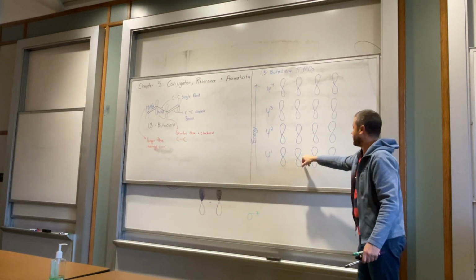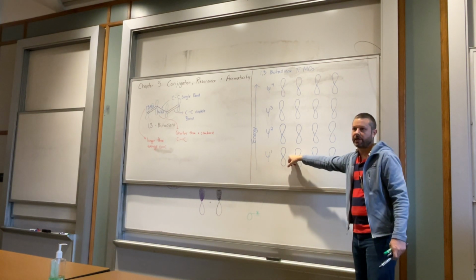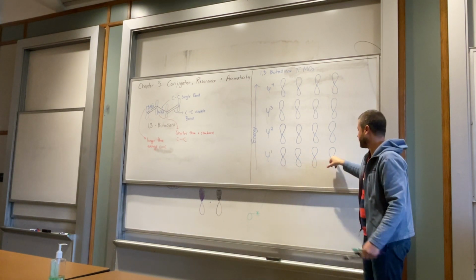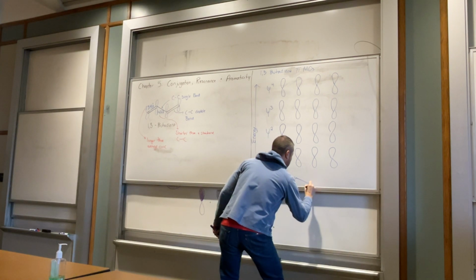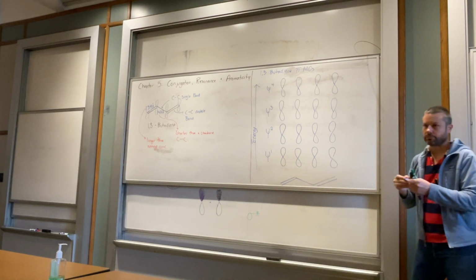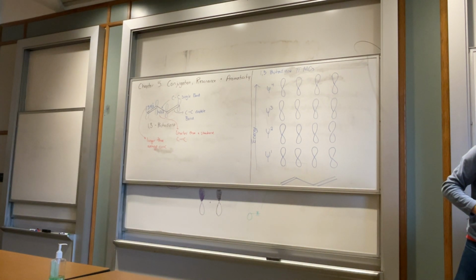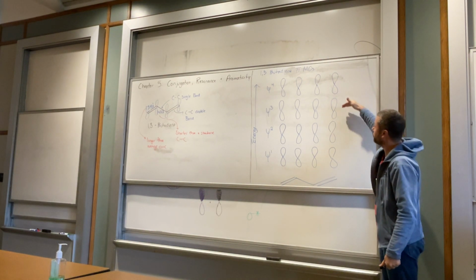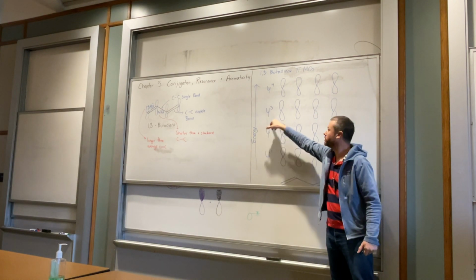So, each p orbital is supposed to represent a carbon in 1,3-butadiene. So this would be carbon 1, carbon 2, carbon 3, carbon 4. You can draw 1,3-butadiene down here on the bottom. 4 p orbitals, we're going to have 4 molecular orbitals, and we're going to identify them as psi1, psi2,